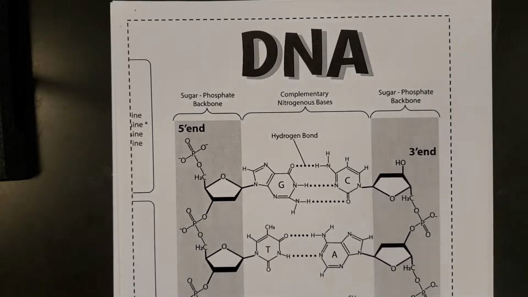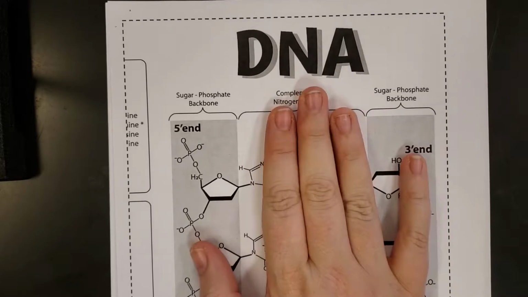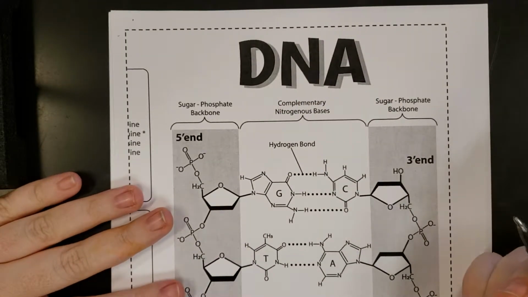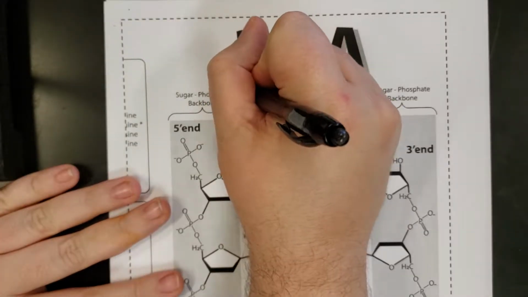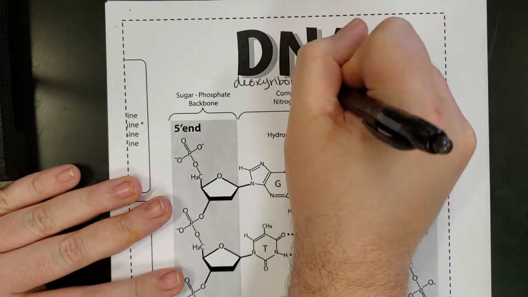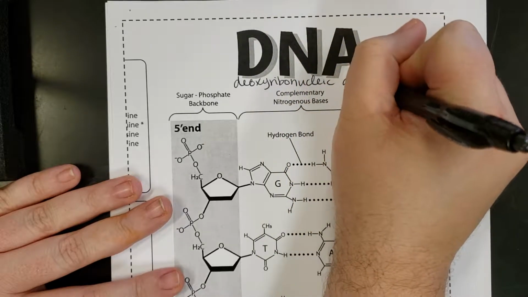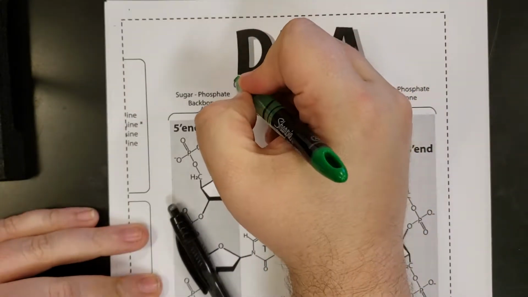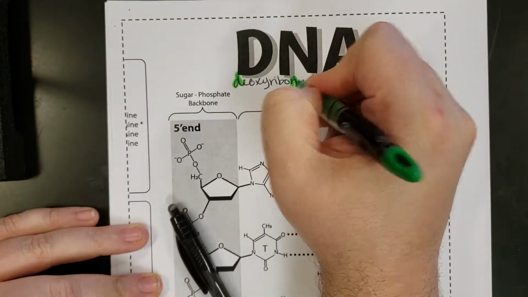All right, so this is the third video of your DNA foldable. This is the middle page. It says DNA at the top, and we are going to write what DNA stands for underneath. It stands for deoxyribonucleic acid. I'm going to take my little highlighter and I'm going to highlight the D, the N, and the